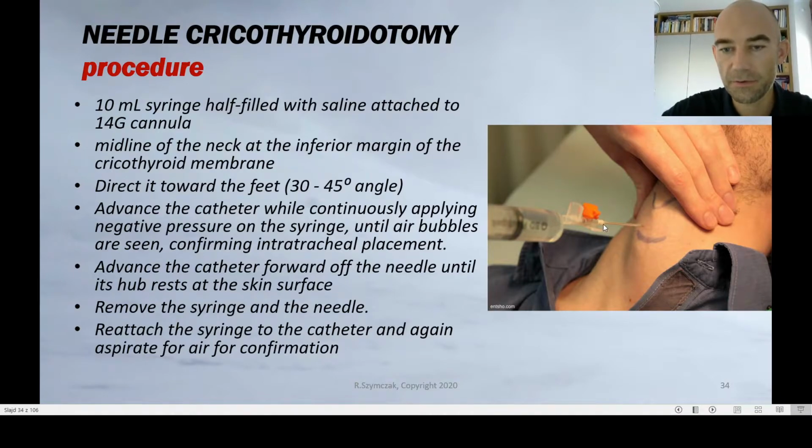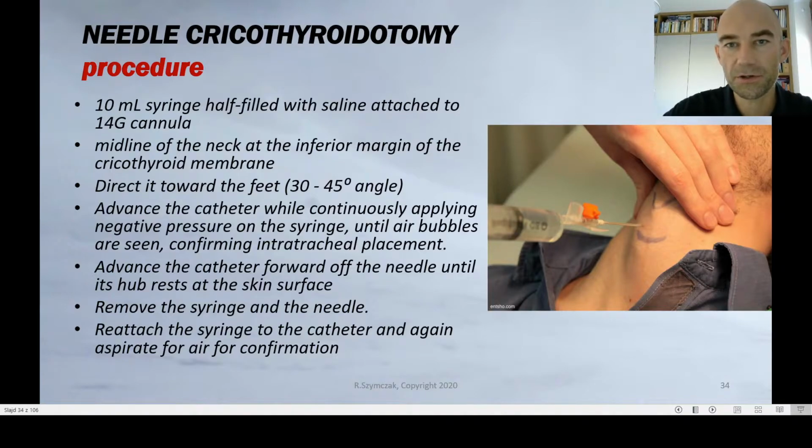So after this part will rest at the skin surface. So in that moment, the cannula, the catheter will go downwards into the trachea. So then you remove the syringe and you remove the needle. So you've got the catheter inside, and then you should reattach the syringe to the catheter and one more time